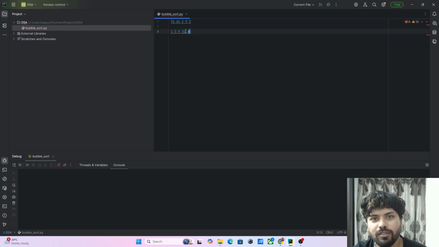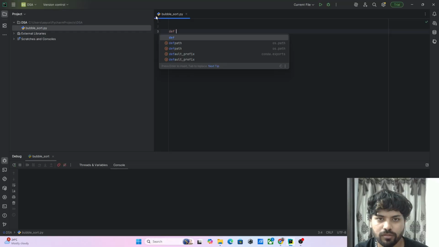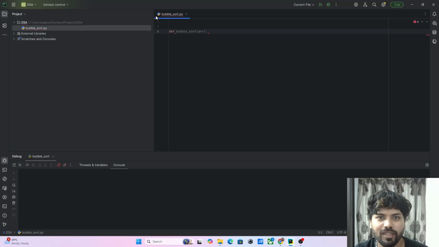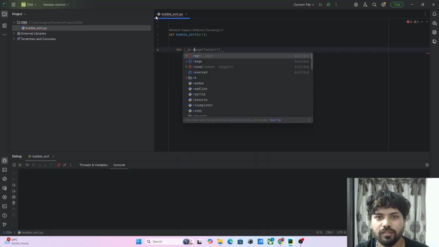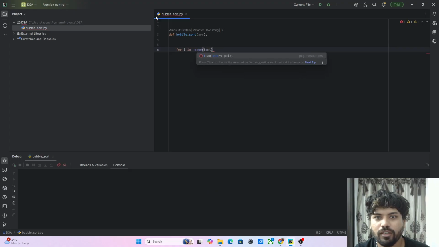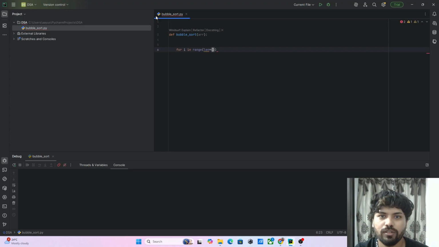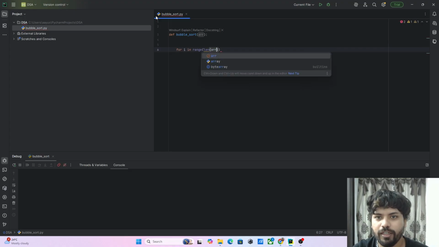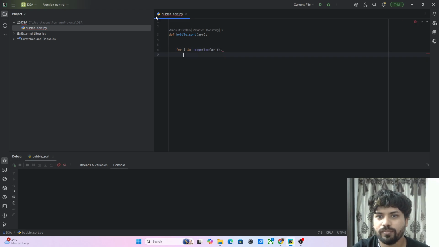Okay, enough jibber jabber. Let's see how to code this. Let's write a function, and we know how to do that by writing def bubble_sort. It will take an array, and now what we want to do is for i in range length of the array, and I will print here